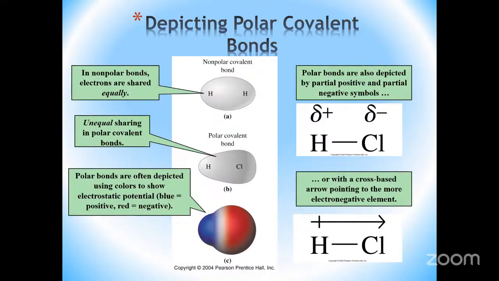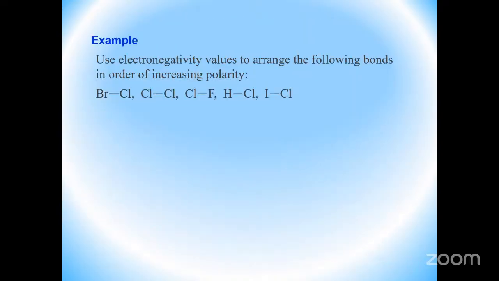Okay, so let's look at this question. This question says, use the electronegativity values to arrange the following bonds in order of increasing polarity. So again, you're starting from the lowest polarity to the highest polarity. So what you need to do is refer to your table. I think I should have a copy of it here myself. Okay, you need to refer to the table because you're going to need those values for the electronegativity, right? So if you look at the table,